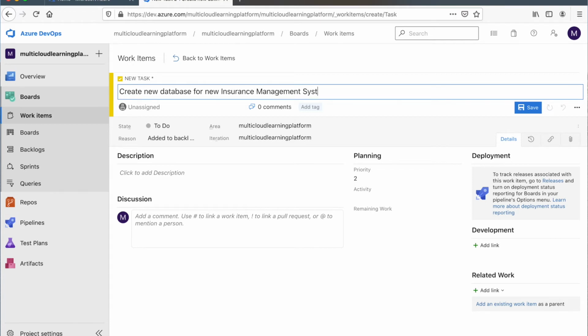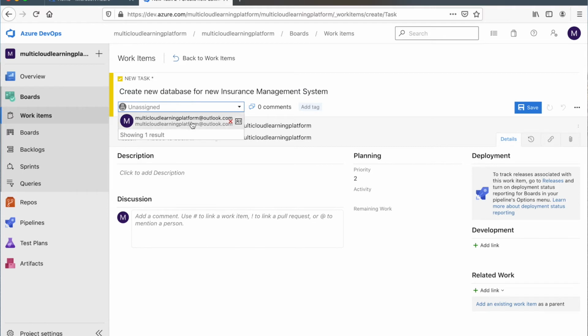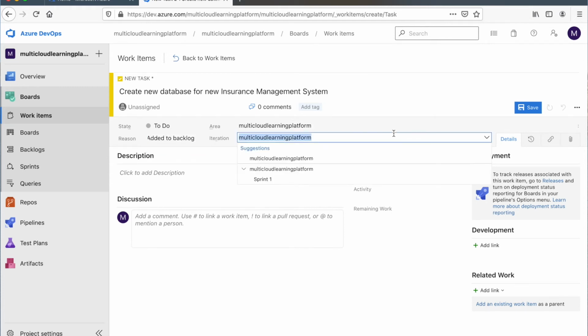This task I'm creating, I'm calling it create new database for new insurance management system, and I will click save. You can see I can assign it to different people. Right now, since I just created an account there, I'm the only person in here, but in real world scenarios, you will see that many people will be working in the same team, and when you click on assign to, you will see those people name,